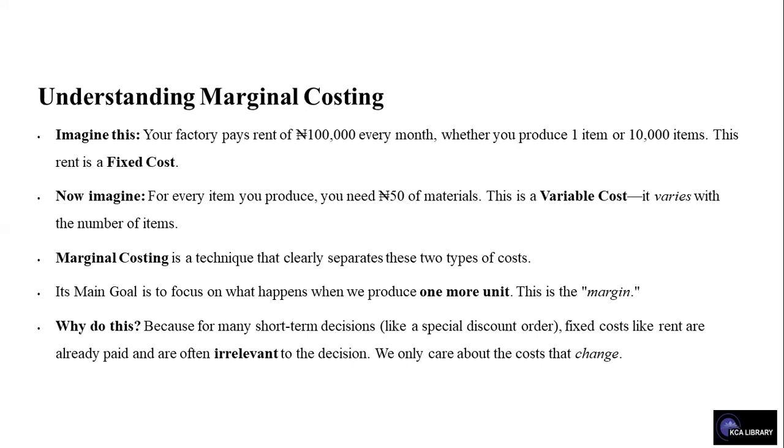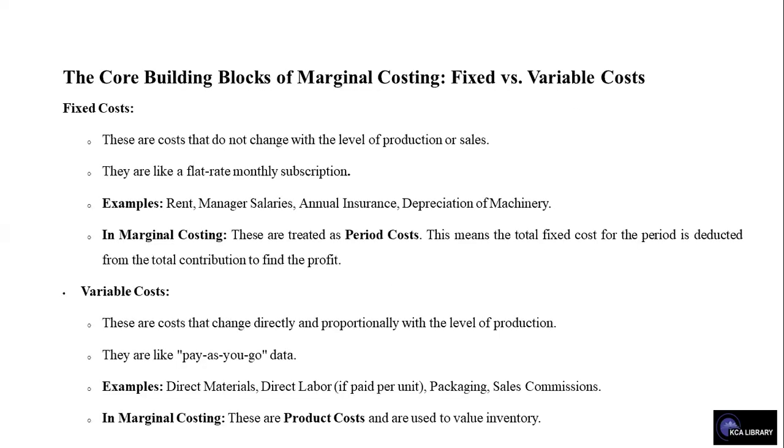And why do we do this? This is done because for many short-term decisions like a special discount order, fixed costs like rent are already paid and are often irrelevant to the decision. We only care about the cost that changes. And looking at the fixed cost and variable cost more, the fixed costs are the costs that do not change with